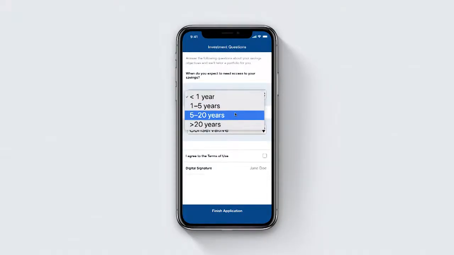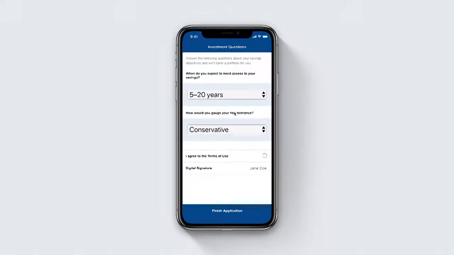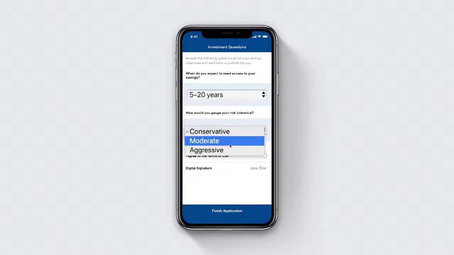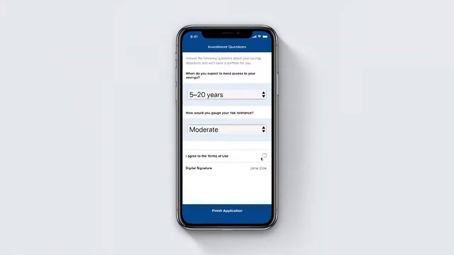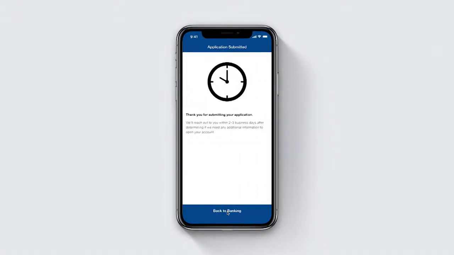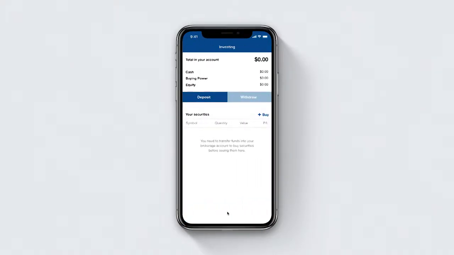And then I have to answer these questions that are a little more confusing, like when do I need access to my savings? I don't know, I've never done this before, right? What's my risk tolerance? Maybe moderate. So I finish all of this, I complete the onboarding here, and then unfortunately, a lot of times I have to wait, right? Now I have to wait 2 to 3 business days for somebody to manually go open this account. I get back, hopefully I'm still interested 2 days later, and then the next little point of frustration here